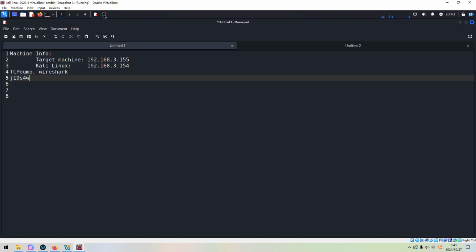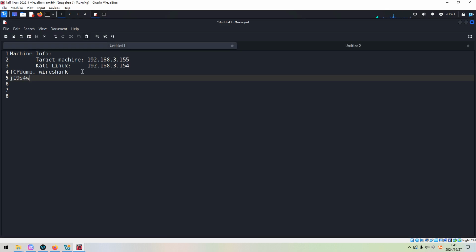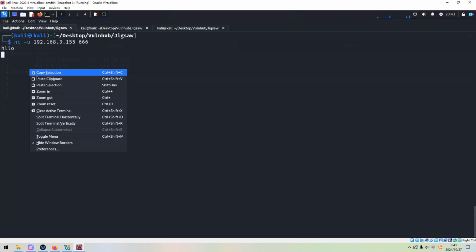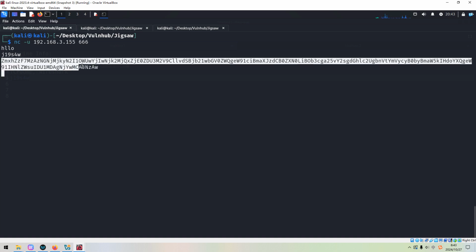And now we can try to use Netcat to connect to the target on port number 666. And if you put something, nothing returned. However, if you feed this data, you get something back, and we can copy.